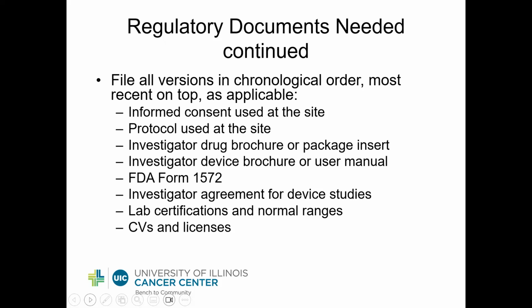This is if you've got a paper red binder: informed consent used at the site, protocol used at the site, investigational drug brochure or package insert, investigational device brochure or user manual, FDA form 1572, investigator agreement for device studies, which is equivalent to form 1572, lab certifications and normal ranges, CVs and licenses,